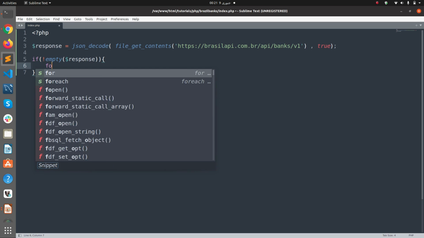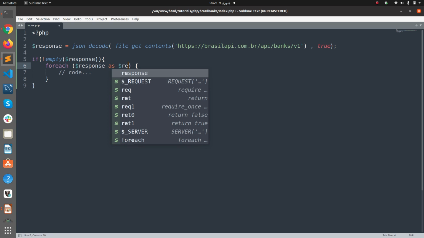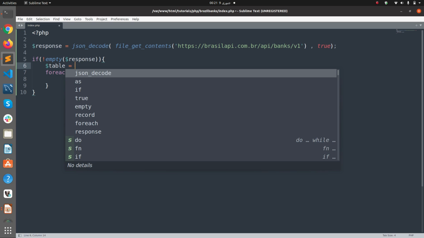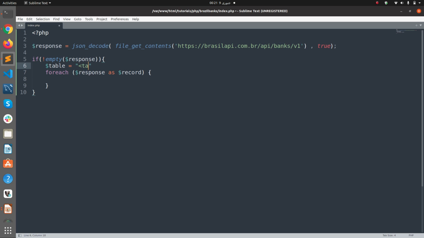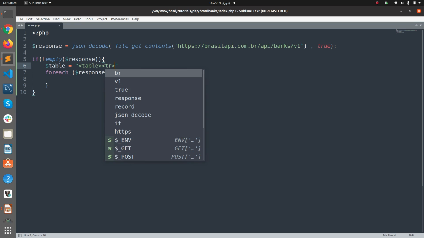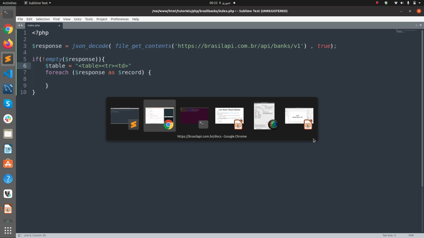We will create a foreach loop, and here response as record, and here we start the table variable. Within the table variable we start with table, tr, row, column, and the first column is